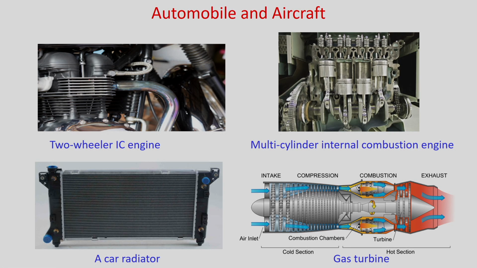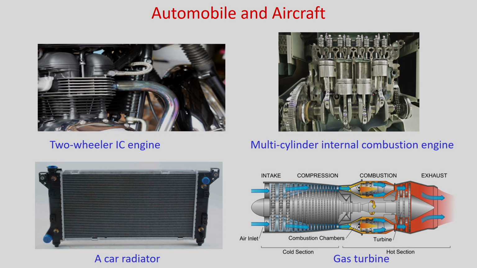Inside the IC engine, due to the combustion there will be high temperature and that is to be cooled. If you notice here in the two wheeler IC engine, these are the fins attached to the cylinder of the IC engine, and when the bike moves, obviously air will pass through these fins, and this is one example of convective heat transfer. So, these fins will be cooled down due to forced convection.